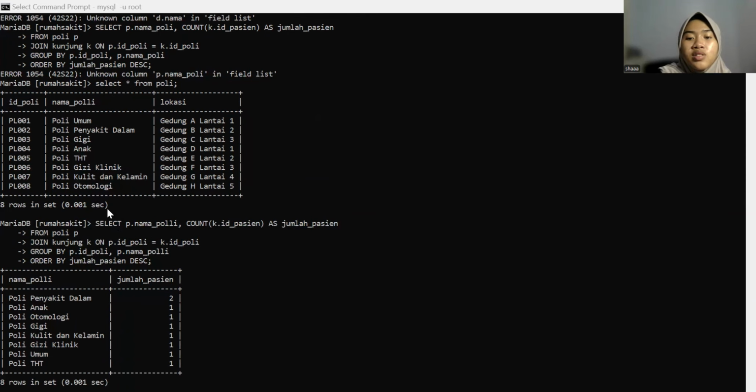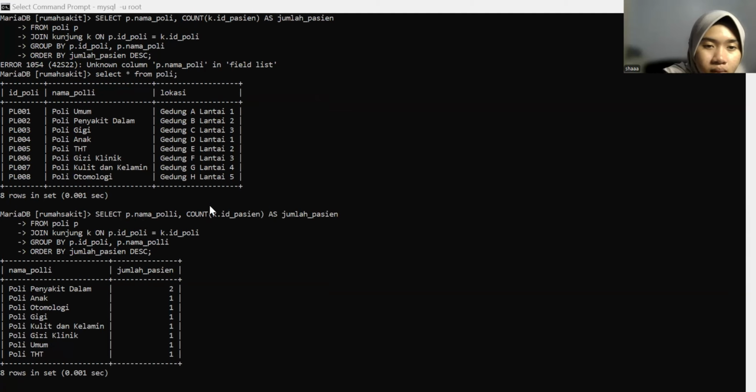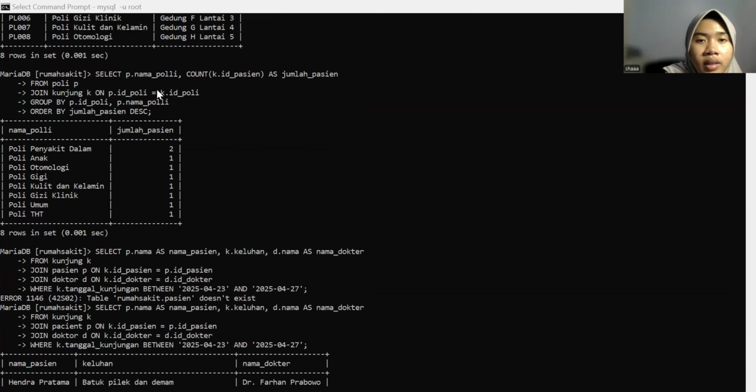First, the poli table is joined with the kunjungan table using ID poli, so we can know which clinic each patient visits. Then count ID pasien is used to count how many patients visit each clinic, and we give the alias jumlah pasien to make it easier to read.